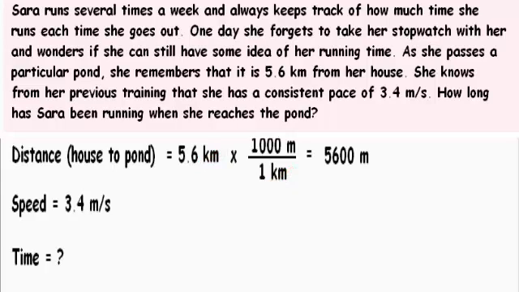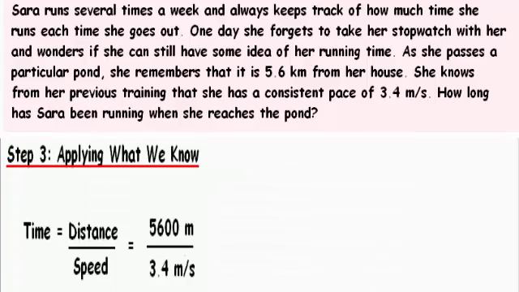Whether you convert to kilometers or meters is arbitrary. We could have just as well converted meters per second into kilometers per second. But I decided that I wanted to convert kilometers into meters, and that leaves us with a distance of 5,600 meters divided by 3.4 meters per second, and that equals approximately